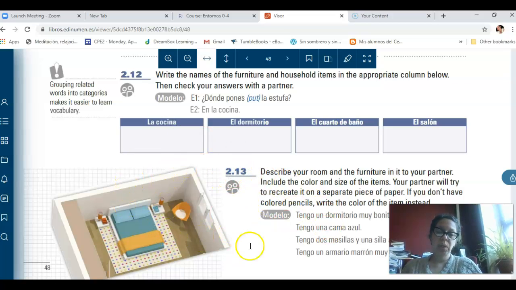And then we move to this section. This is something that we are going to do also in the voice thread. Okay. Tengo, ¿qué tengo o qué hay en tu habitación? ¿Qué hay en tu dormitorio? Habitación and dormitorio are synonyms. Think about habitat, okay? And you can make that connection. Habitación is where I live, but specifically where I sleep, okay? Dormitorio o habitación. Entonces, ¿qué tengo? Tengo un dormitorio muy bonito, tengo una cama azul, tengo una mesilla marrón, etcétera, etcétera.